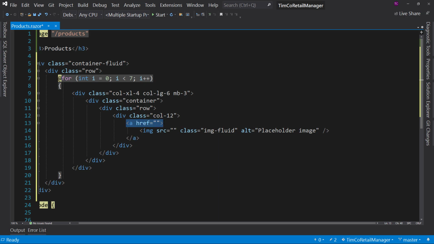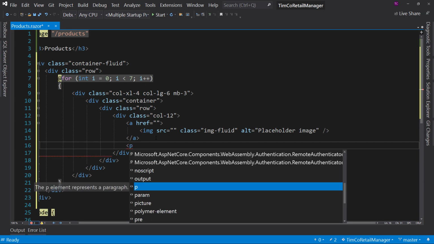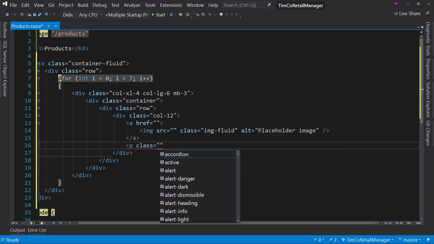And that just lets us have that for later when we're ready for it. This image, right now we have no placeholder image, but we need one. So we're going to come back to that in a minute once we actually learn how to use a placeholder image. But that's the image. And then let's create a paragraph tag with a class equals my-2